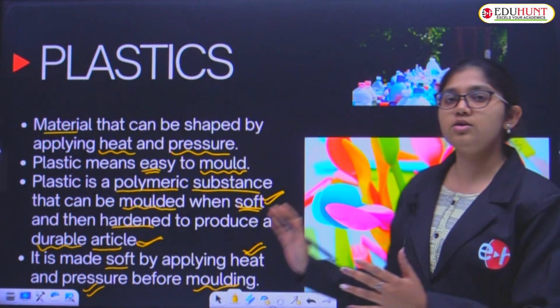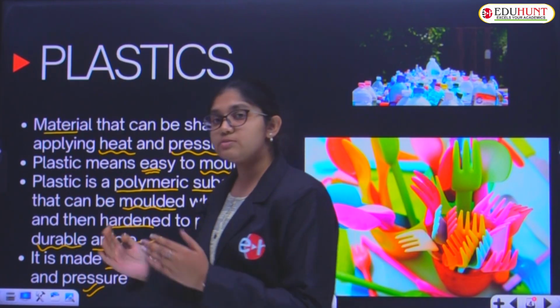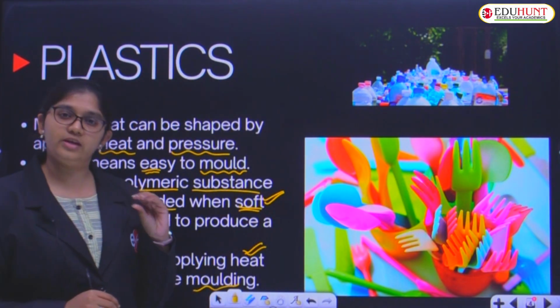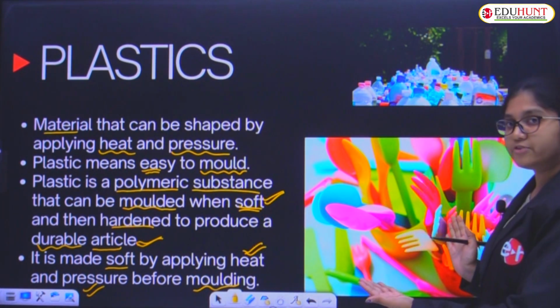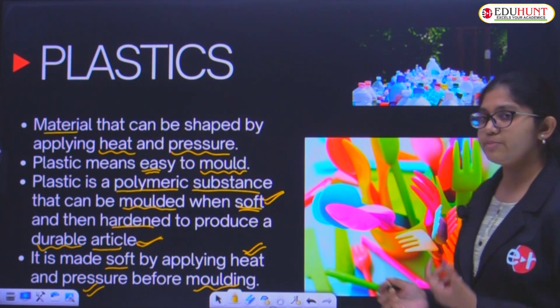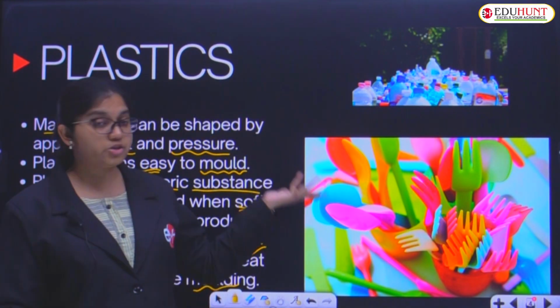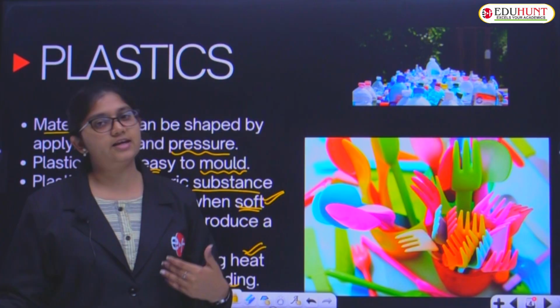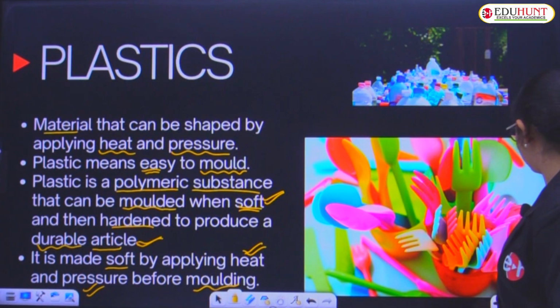Okay, this is all about the preparation and how it is prepared. You know how it is prepared? How is it molded easily? By applying some amount of heat and pressure so that we can get different shapes. We can get the shape of a glass, shape of a spoon, shape of a fork, bottle, bucket, chair, etc. We can make it. So this is all about plastic making. And next slide,